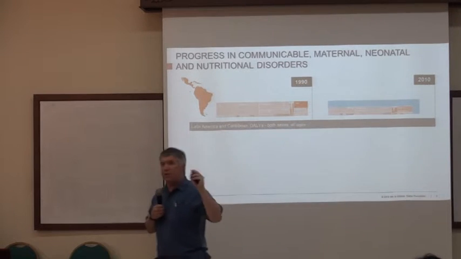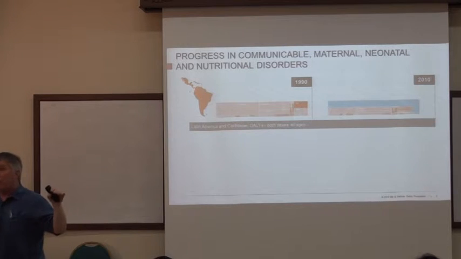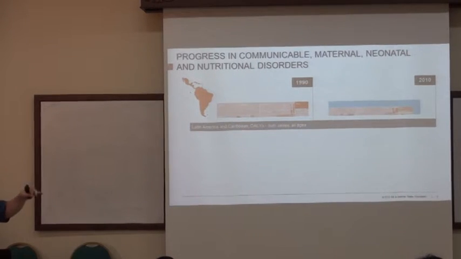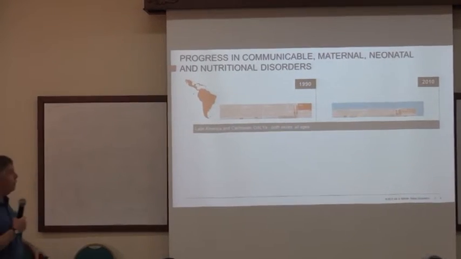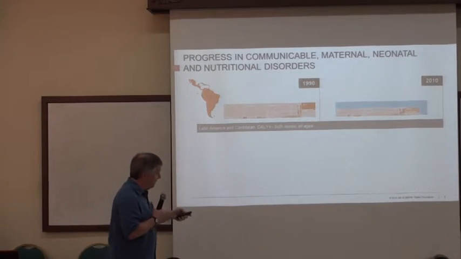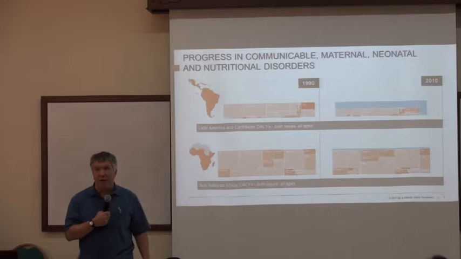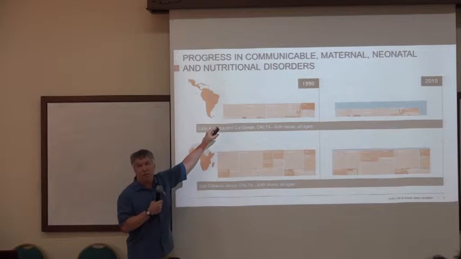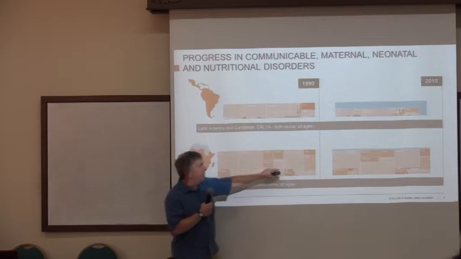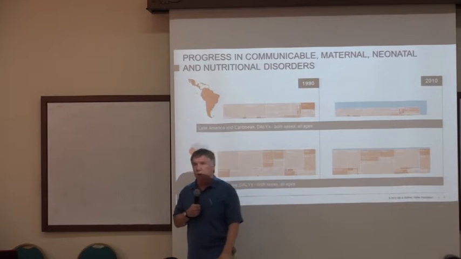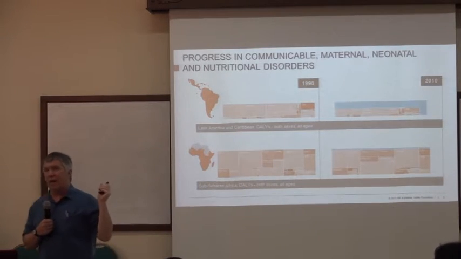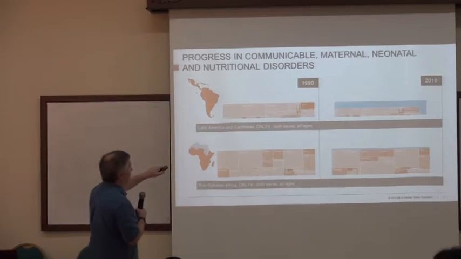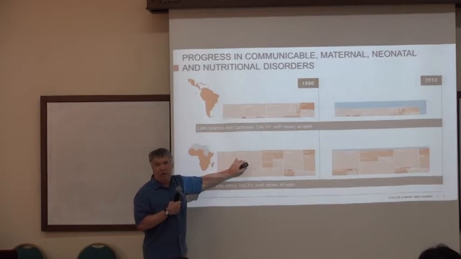You see the blue hatched region, that's the old outline of the output of the percent of death. So the square has reduced, and overall, all of the squares have reduced. That's tremendous progress that's been made in those 20 years in terms of these diseases. Now when we compare it to a place like sub-Saharan Africa, the first thing to notice is the square is larger, so that's actually representational in terms of numbers. And the reduction in 20 years is very minimal, right? I apologize, I don't have a slide for your region of the world, but my guess is that if we looked at your region, it's going to look a lot more like this and a lot less like this, right?